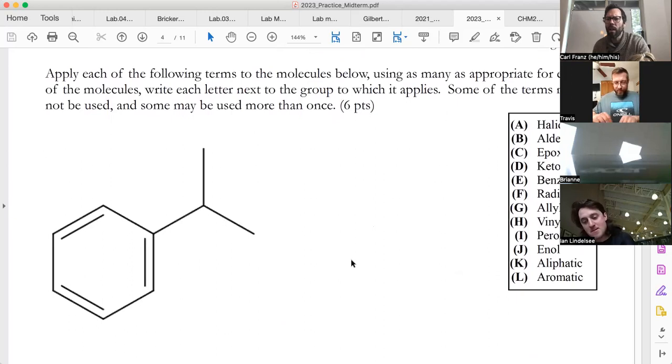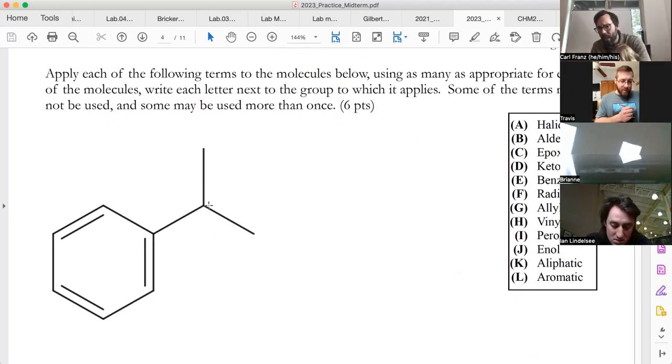And then here, I think we've covered all of these things. Like a benzylic, for instance, is going to be a carbon that's next to a benzene, right? So if you said, what's a benzylic? It's going to be this tertiary carbon here, right? You guys know what ketones and epoxides are, I think, right?